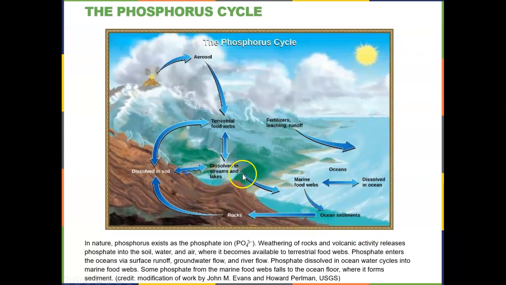Phosphorus, which is dissolved in lakes and streams, makes its way into the oceans. Then it gets into the food webs. When these animals die, then it gets into ocean sediments, which can get taken back up by the land, also dissolved into ocean water. But you see, there's no returning of the phosphorus from living things back up into the